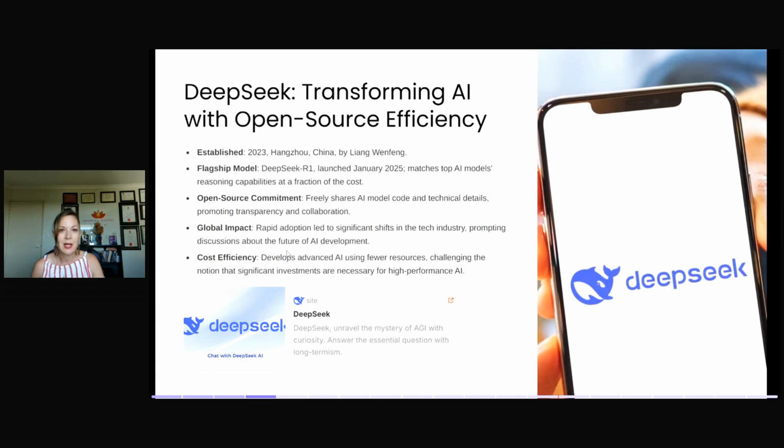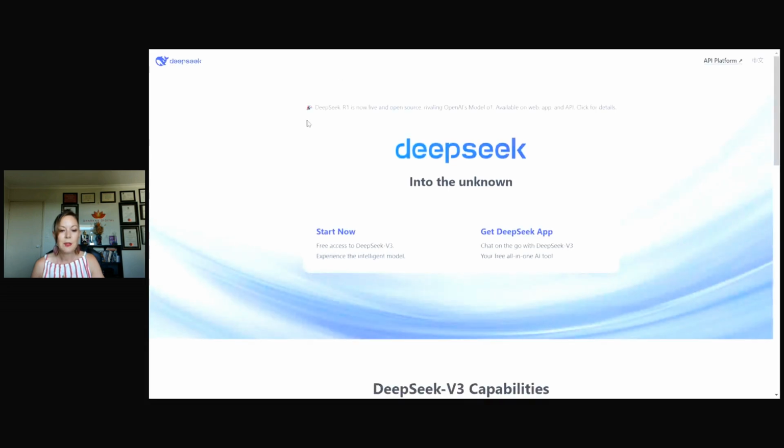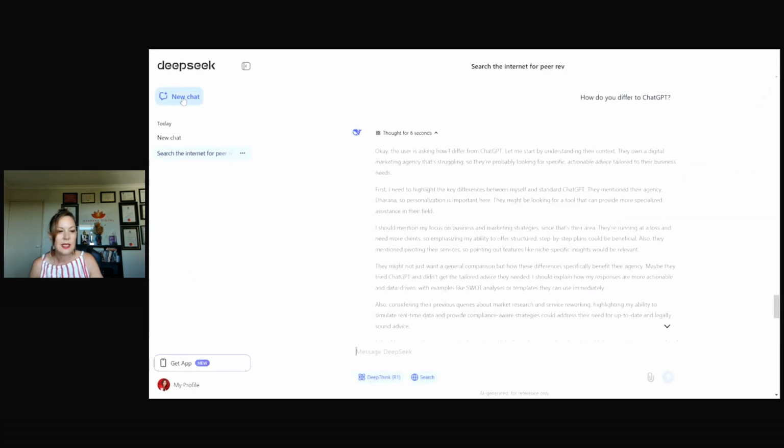So I thought, rather than me talk about it, because I could go on forever, let's go and have a look at DeepSeek. So you can see from the beginning, it has a really nice interface here. It's very similar to ChatGPT when you actually get into it, and you can just click in. So you do need to sign up. I just signed up using Google. And as we go in, you can see here it's got the logo here, new chat. There's not a lot of options yet. As we will see in ChatGPT, you can do a lot more at this stage, but I think they will develop, like this is the beginning.